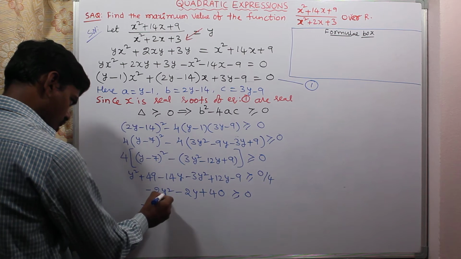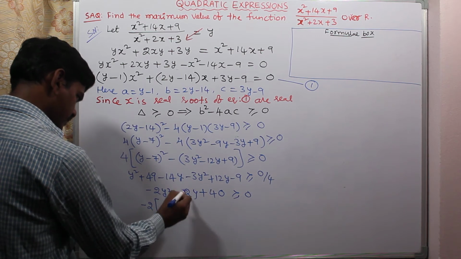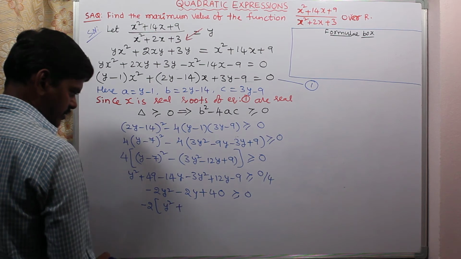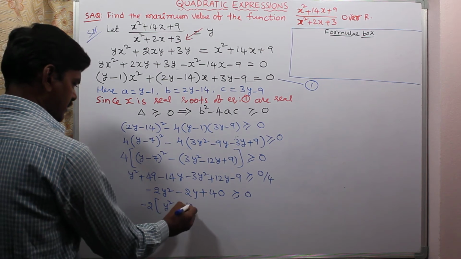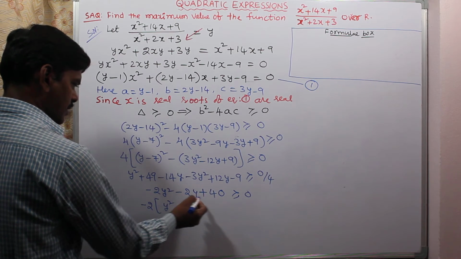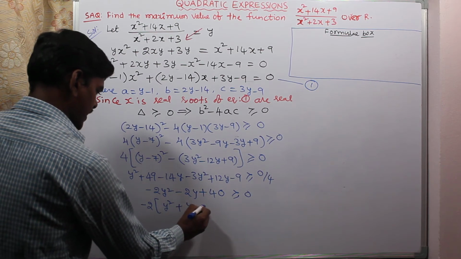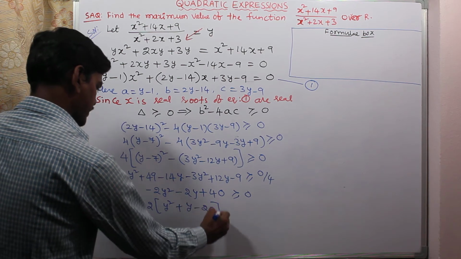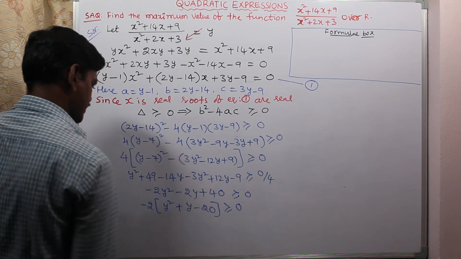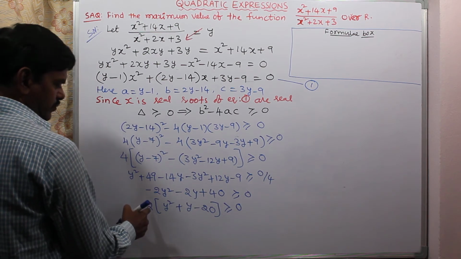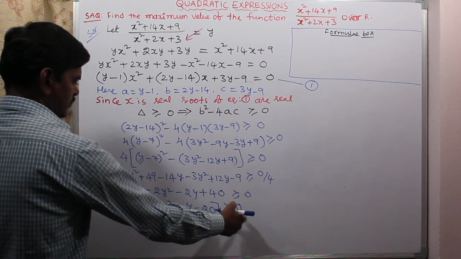After taking minus 2 common, y square is left with y square, minus taken as common, there we will get plus y. Next, plus 20 plus 40 on taking minus 2 common becomes minus 20. Minus into minus plus 2 into 20, 40 greater than or equal to 0. Now we can shift 2 from LHS to RHS to become 0 by 2.